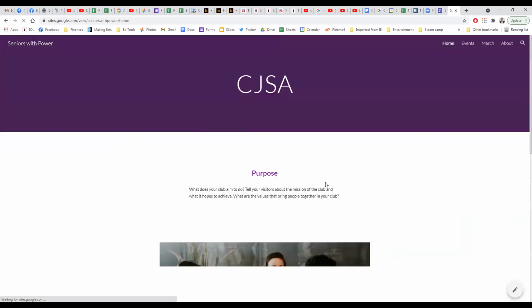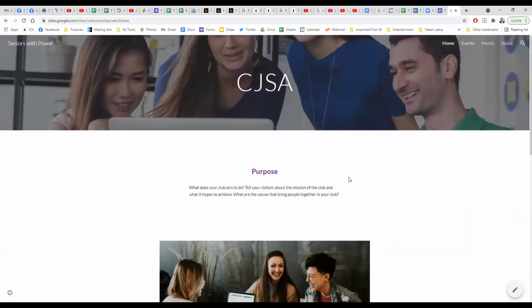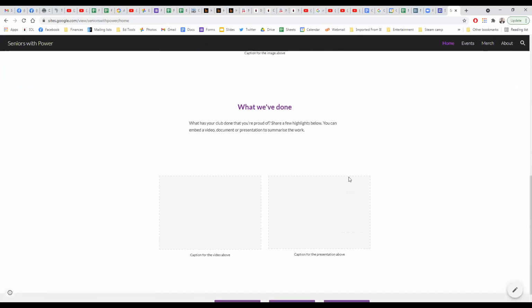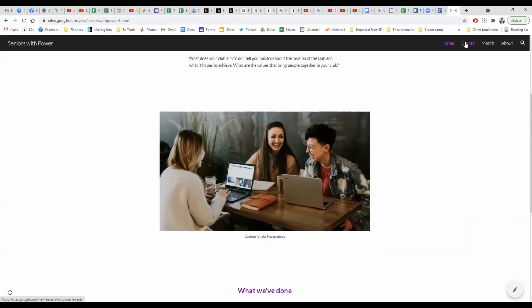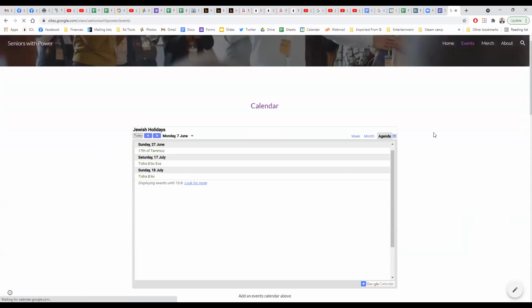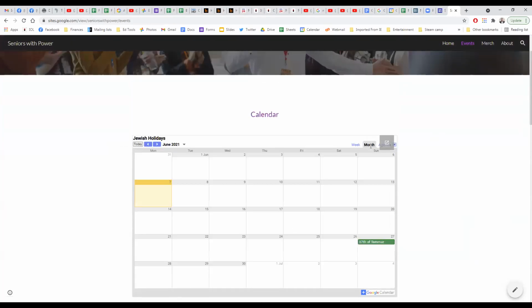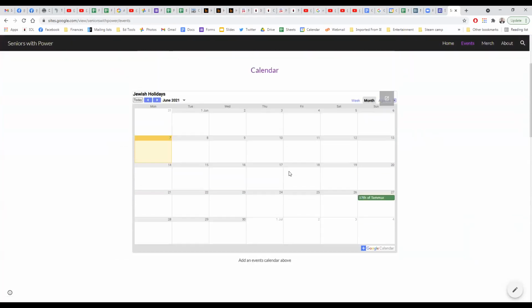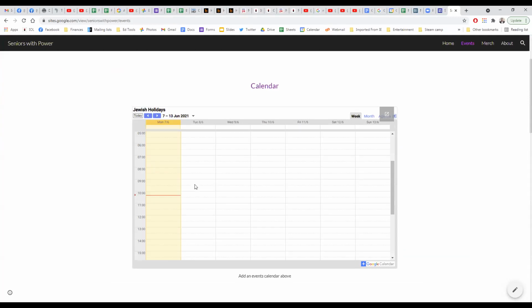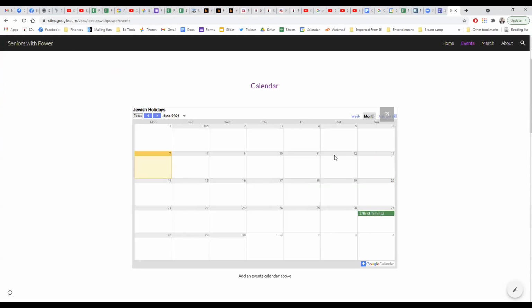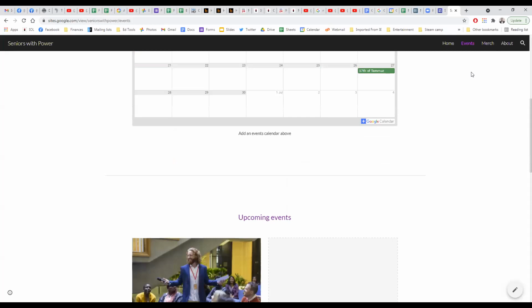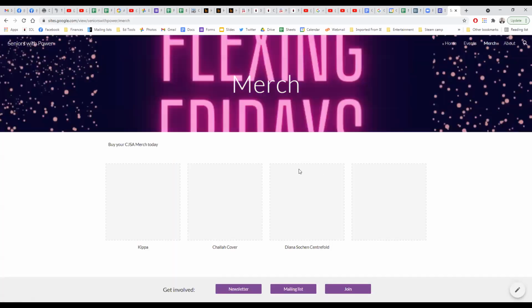If I go to home, there we go. You like it? I go to events. Let's look at the monthly calendar. There we go. That makes sense. We can also do it per week. I think monthly is good. Let's have a look at merchandise. Oh, a kippa, a challah cover, a Diana Sochen centerfold. That sounds very appealing. And if I go to about,